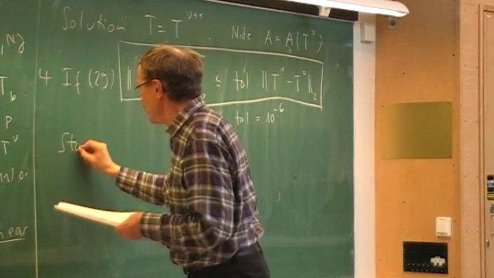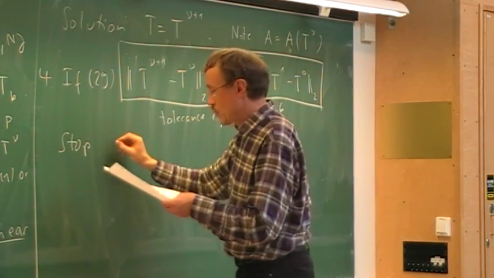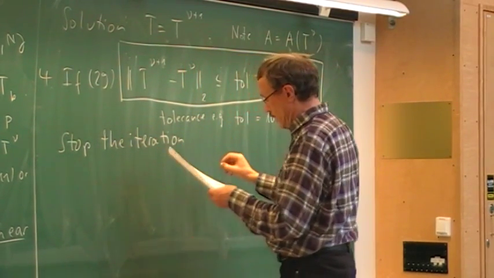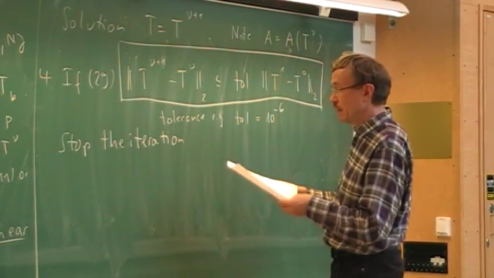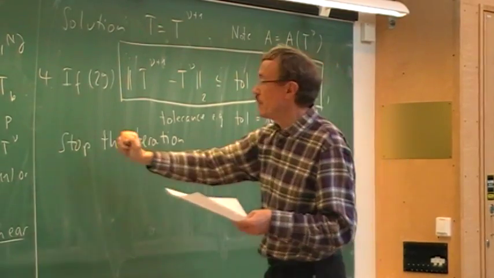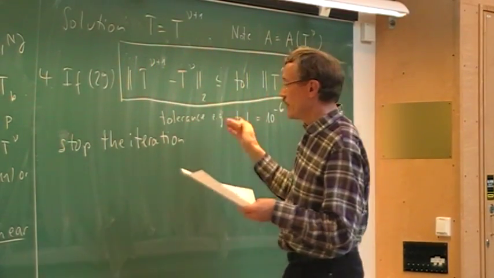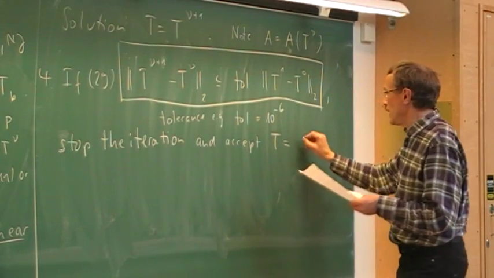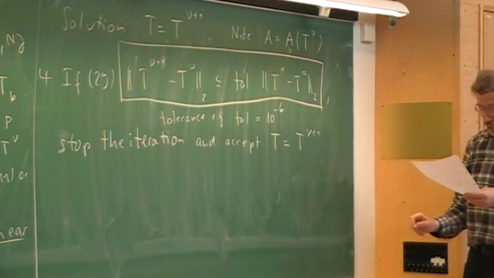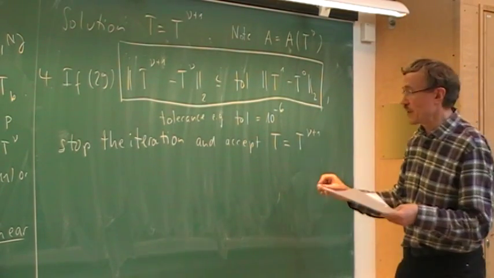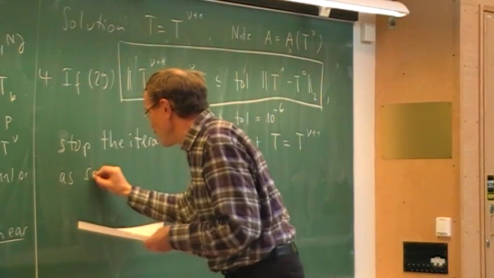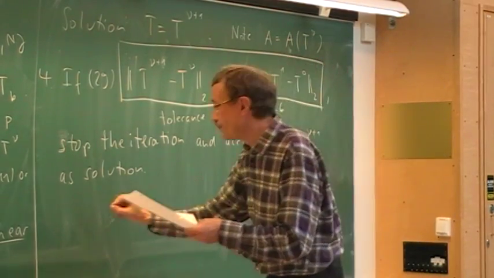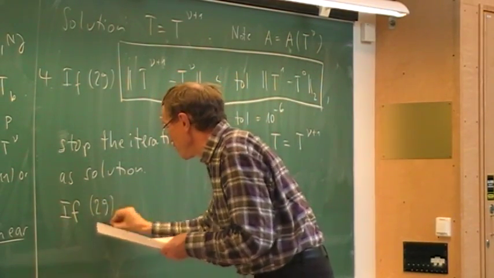So that means we stop the iteration if that is fulfilled. And we accept as the solution to our problem the latest iterate, t nu plus 1. That is then accepted as the solution. And if this criterion is not fulfilled, so if the stopping criterion is not fulfilled,